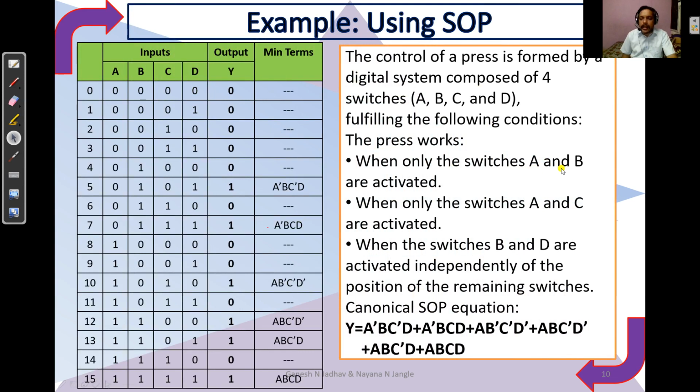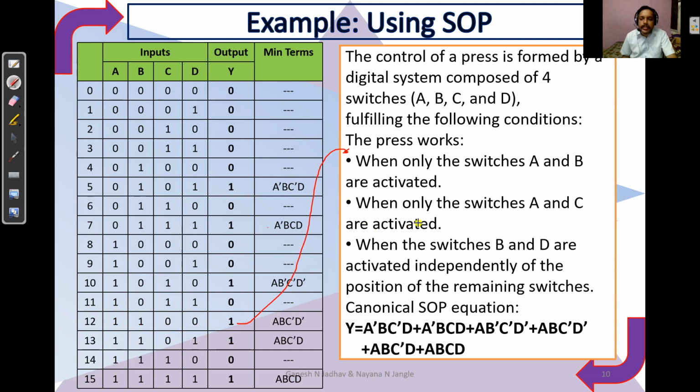The switch will operate when A and B are activated. So first check when A and B are activated. Here A and B both must be 1 1 and the others must be 0 0. See here, A and B are 1 1, C and D are 0 0, then the output is 1. But for 1 1 0 1, the D output is changing, so we should not consider it. So here the output cannot be 1. Why this 1 is here, we'll see later. Only one output corresponds to this statement.